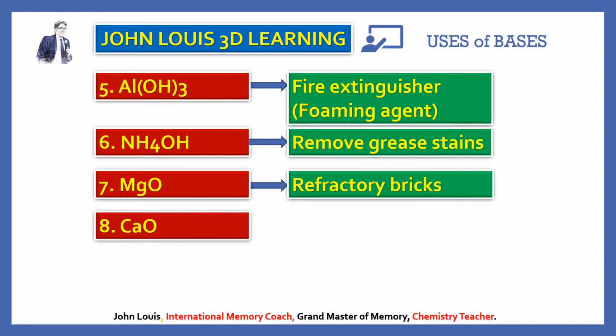Then the last one is calcium oxide, that's known as lime. It is used as a flux in the manufacture of steel. So in steel, what raw material is there? There's iron ore. Iron ore is one of the raw materials in order to make steel. So what is the impurity in it? Silica. In order to remove the silica, that lime is used. Limestone will be added, which contains lime. So this will react with that impurity silica and form calcium silicate. So that will be removed as impurities. So therefore lime is used as a flux to remove impurities.